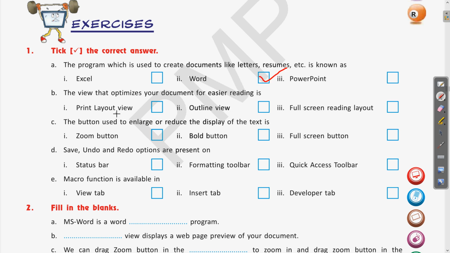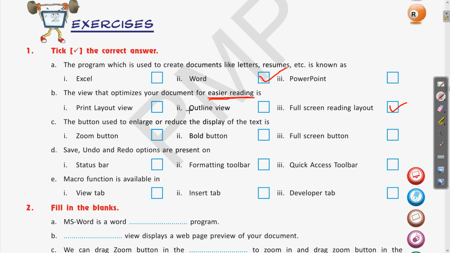Then the second one is the view that optimizes your document for easier reading. So which view is used for easier reading? Here notice the words easier reading. We have seen various views, so the answer will be reading layout. Clear? We have seen that print layout is for viewing how the document will appear when it is printed.